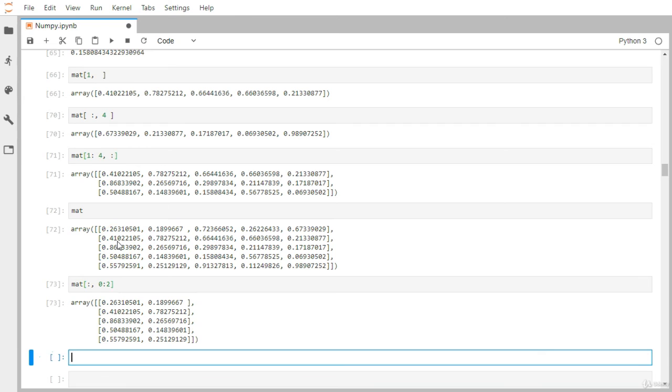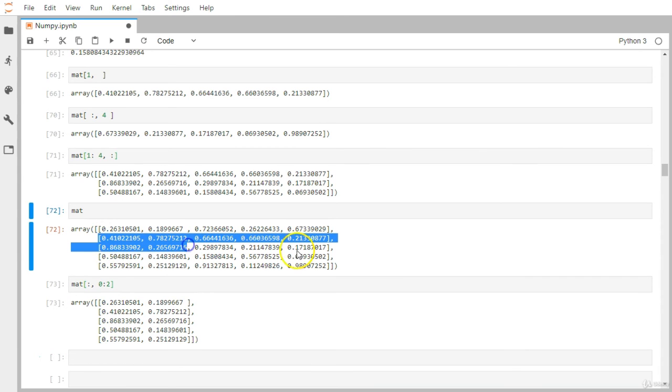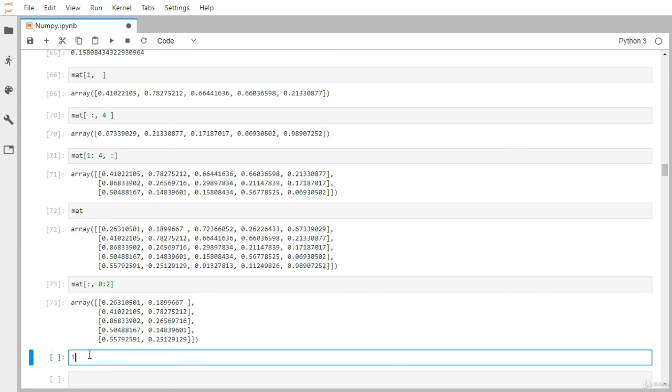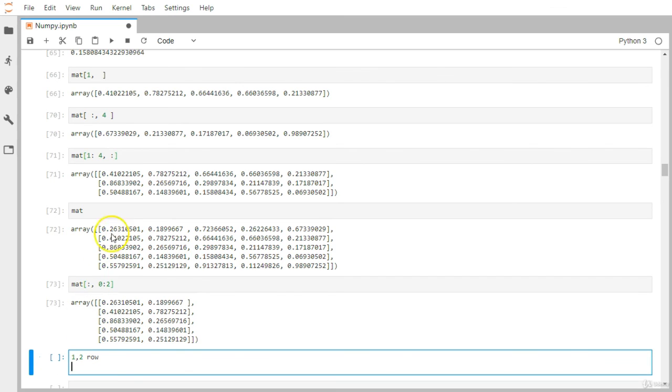Now in one shot only, let's say you want to grab these 4 elements. This one is not included, and this is just because of the selection. So these 4 elements I want to include: this one, this one, this one and this one. So this comes under the first row and second row. Let's highlight the first row and the second row. And this comes under the 0th column and the first column.